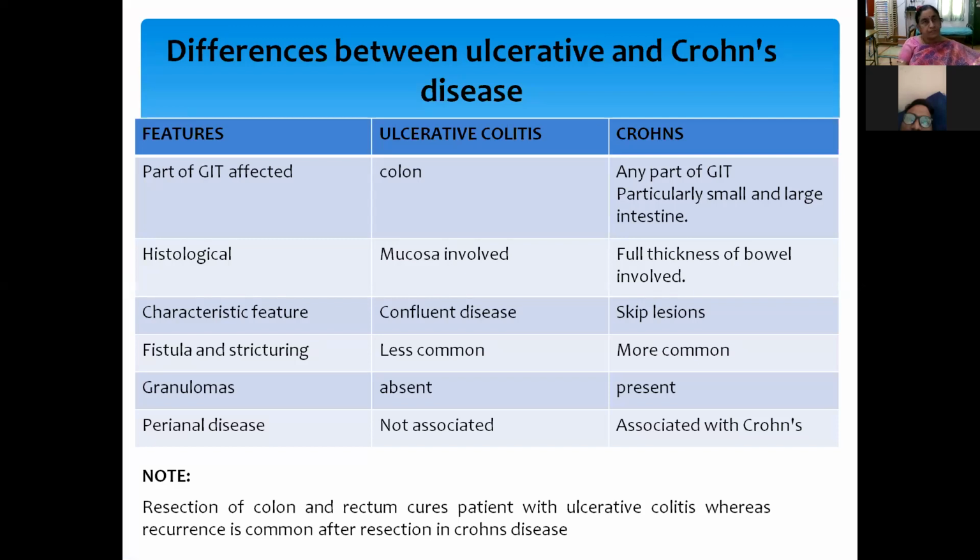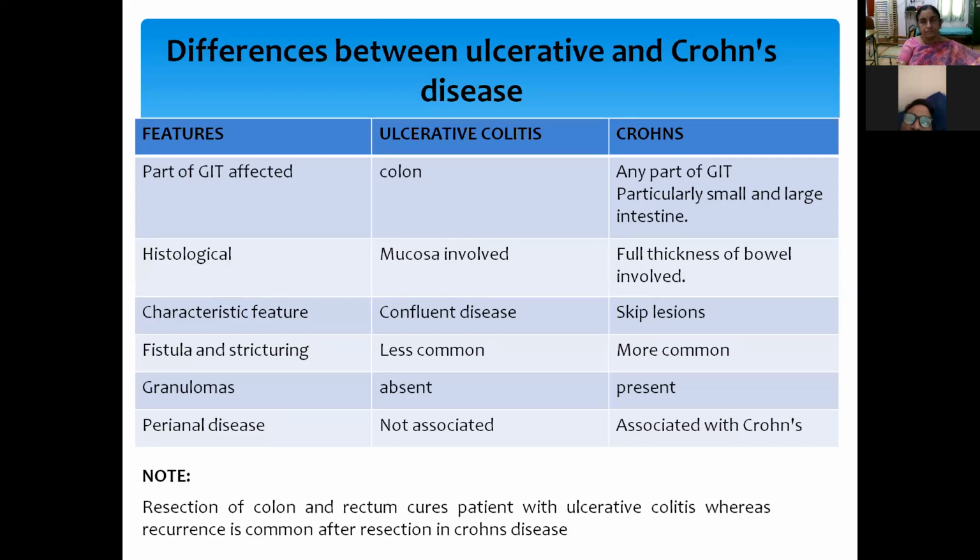And basically, we have seen in the first class itself, inflammatory bowel disease essentially includes two conditions: ulcerative colitis, mainly affecting the colon, and Crohn's disease, which is affecting along with the colon or separately, any part of the GIT, including the stomach, starting from the mouth to the end. So these are the differences between ulcerative colitis and Crohn's disease. We can see the features in the first column. The first one is the part of the GIT that is affected in ulcerative colitis, mainly the colon. The rest of the GIT is not affected.